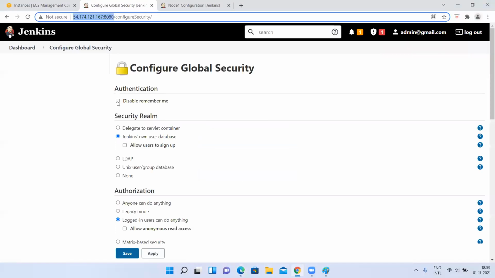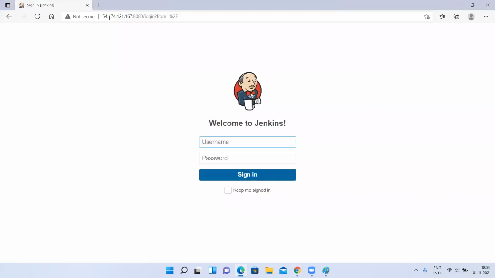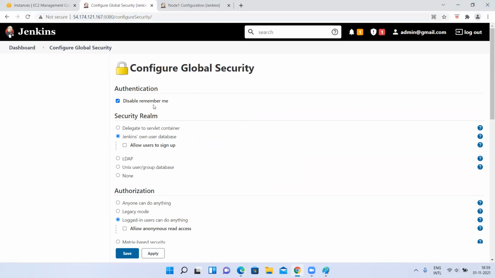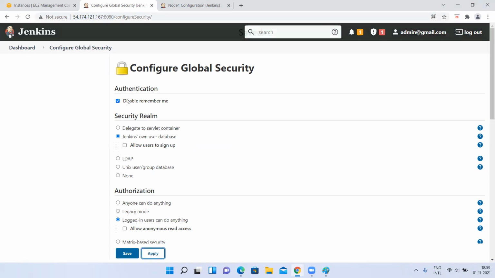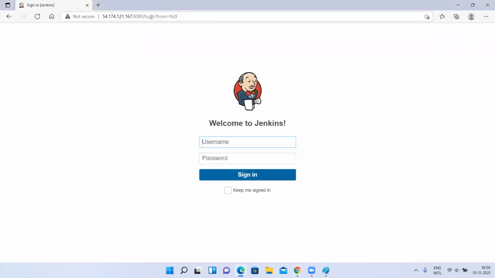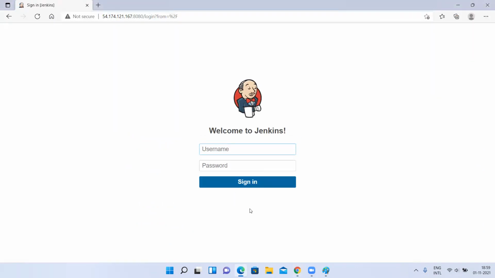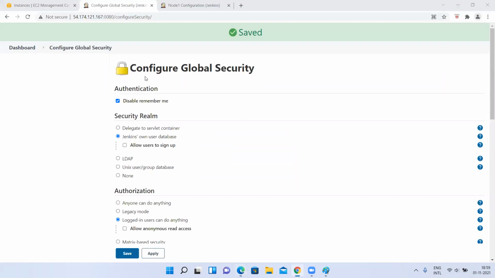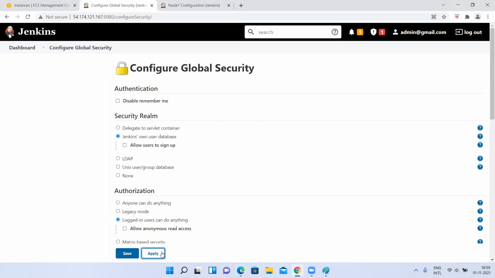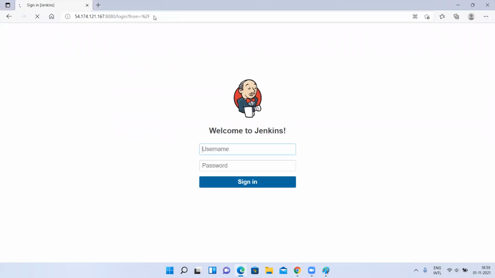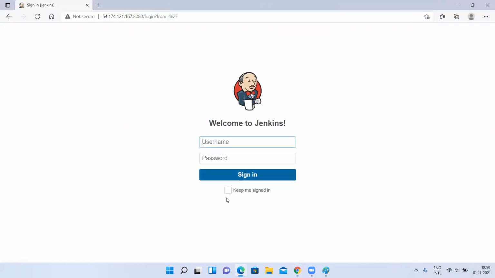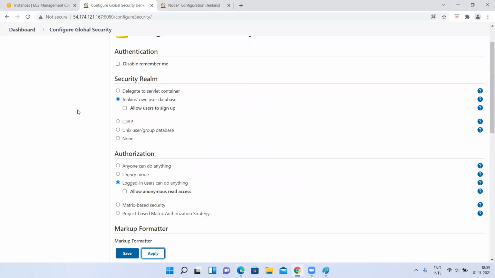Okay. Now I'm going to the settings in Chrome, right? You observe here, wherever you see this, I logged in as admin, remember this. In the other tab, I have only 1 page. I'm going to disable remember me and applying the change. Now I'll go to this page and refresh it. Are you seeing this option? No. For whoever is using Jenkins in your company, if you don't want to give this option, you can disable it. If I want to allow them, I remove this and do this, so if they refresh, next users will be able to see the Keep me signed in option. Okay, fine.